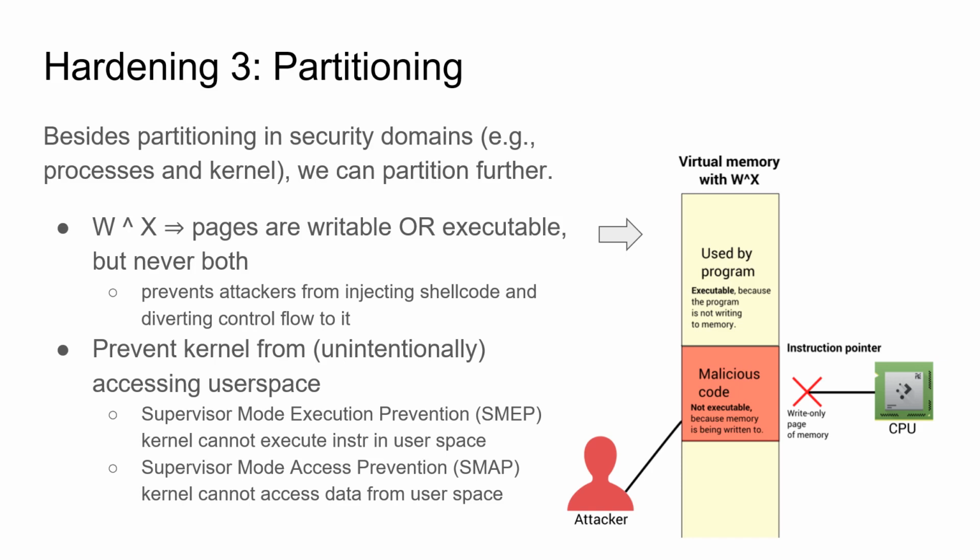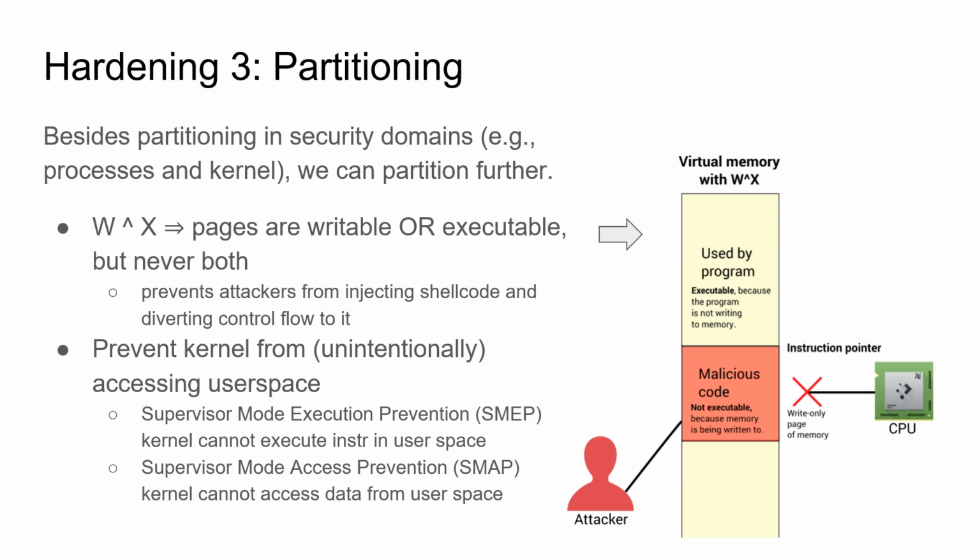So you want to prevent the kernel from unintentionally accessing user space. Sometimes the kernel needs to copy data from user space, or copy data into user space. But this is sometimes also abused by attackers, or at least it has been abused in the past. So what you want to do is partition this such that the kernel can, in principle, unless it bends over backwards and sets the permissions correctly, it cannot directly access memory in user space, and it cannot execute code that